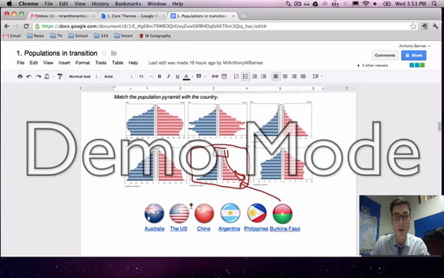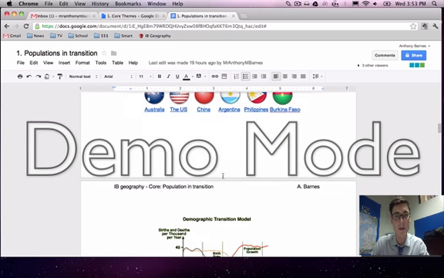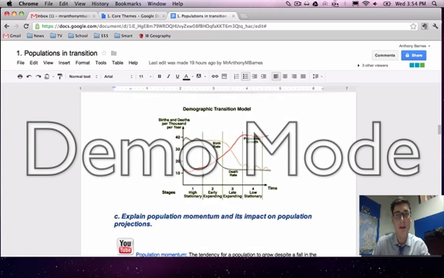All right. What you need to do is match up the other countries here. You can click on these countries and take a look at their overall economics and their development, and then make a decision on your own. I also added the demographic transition model here because, like you know from last year, it goes well with